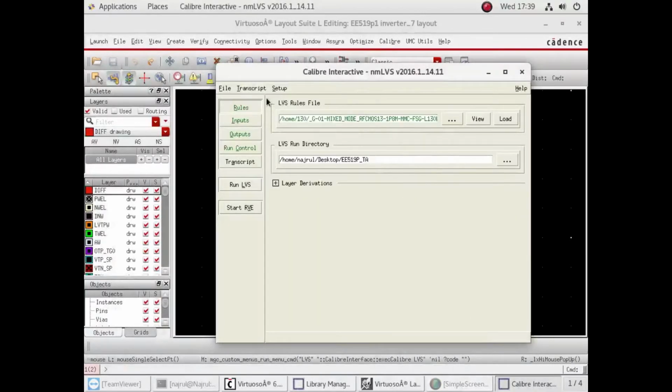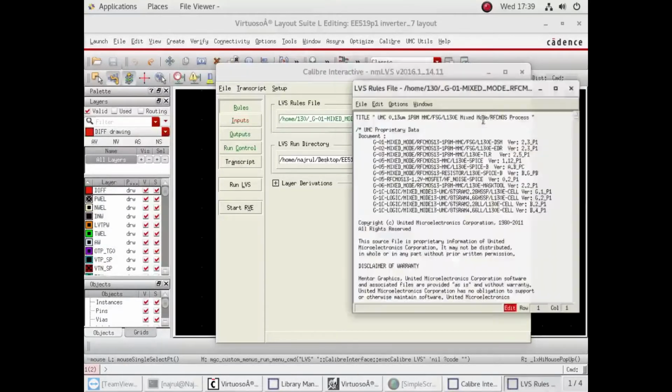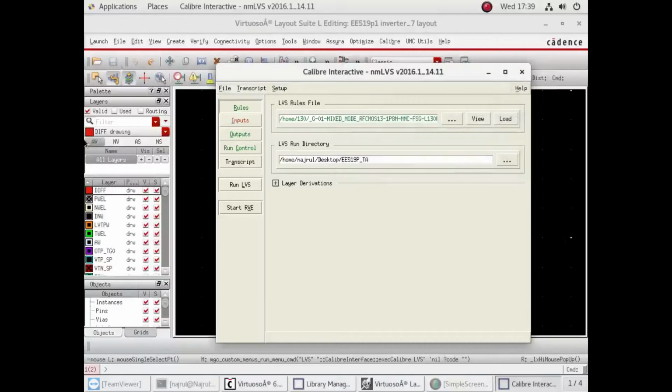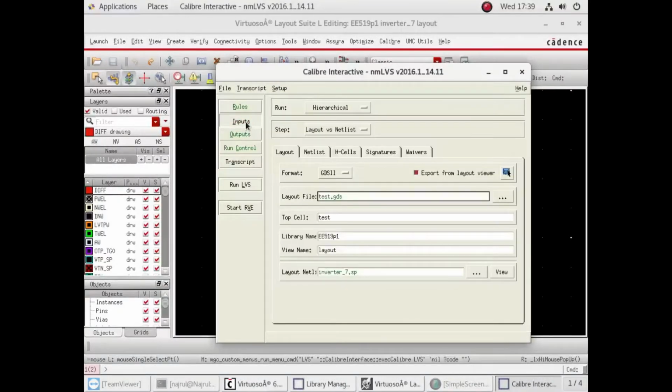So here we see we have this, and we have to check the inputs and outputs after loading. So here the inputs are this, and the outputs.